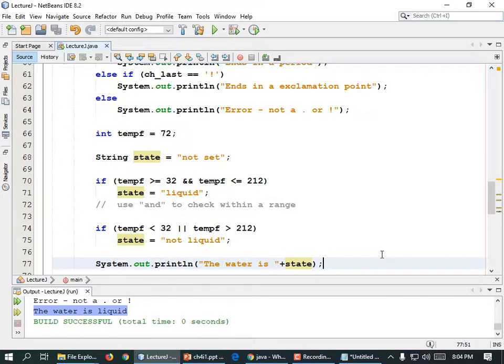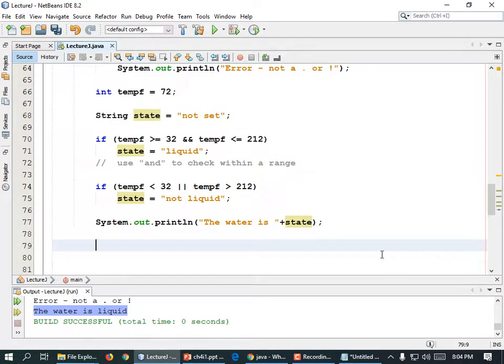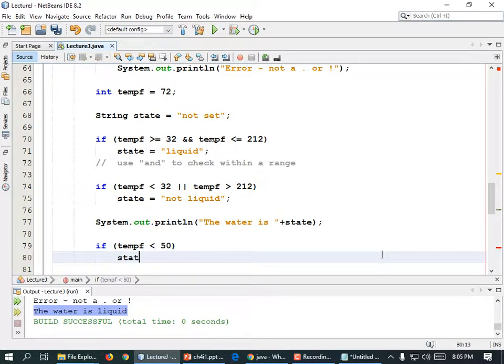Let's do a little bit more like that. If the temperature is less than 50, excuse me, temp F, state equals "cold!";